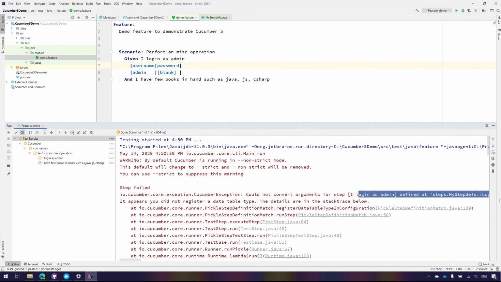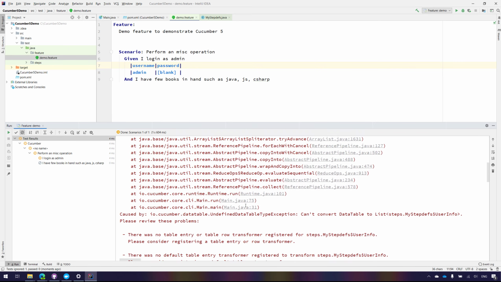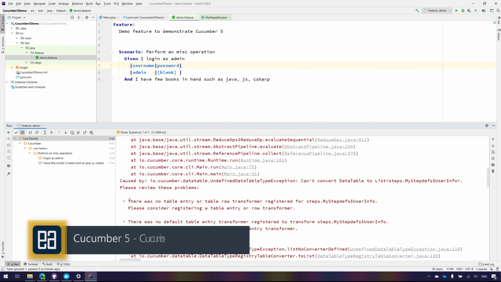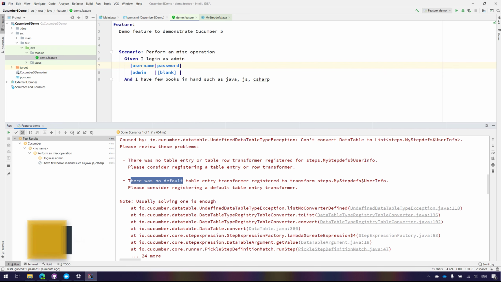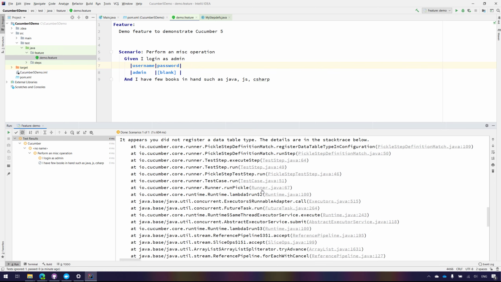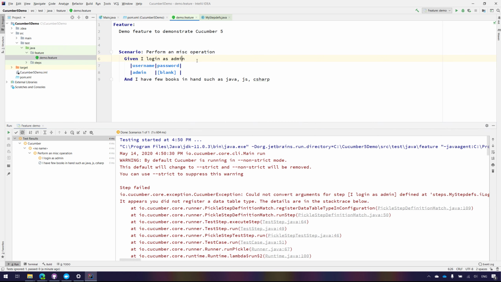You need to somehow use what is called a register data table type in the configuration. You need to mention that. And it also says that there is no table entry or table row transformer to register for this particular type, and there is no way the default table entry transformer registered can be considered for the transformation. So in order for this to be fixed, we used to use what is called a type registry transformer,